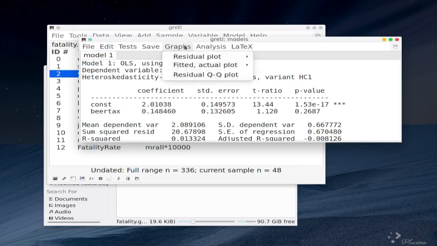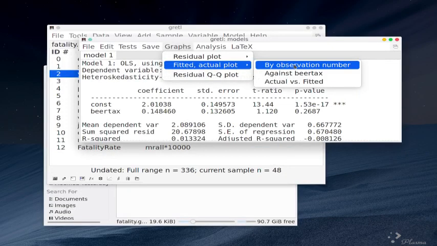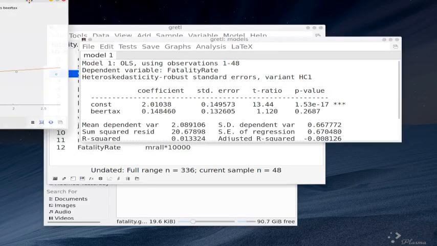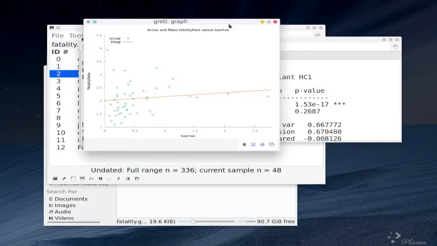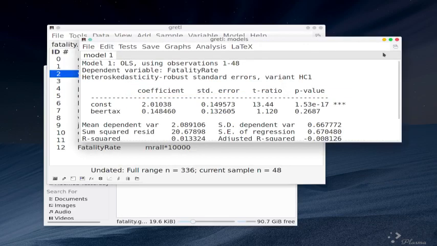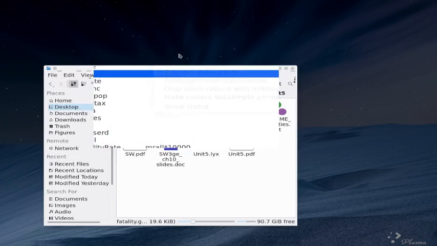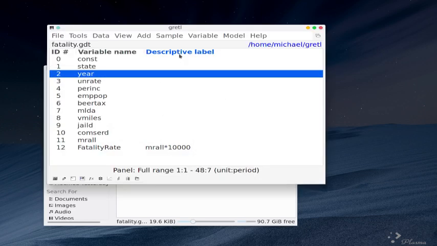If we make a graph of the results, we obtain this figure here, and this is the same as what you see in the first panel of figure 10.1. Okay. Restore the sample to the full range. Now I'm going to replicate what we see